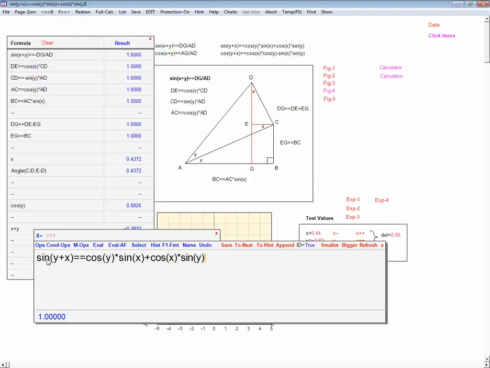And we end up with our sine formula. This is our sine formula: sine of x plus y equals sine x cosine y plus cosine x sine y. So we're right back where we started from. All right, so let's now prove the second